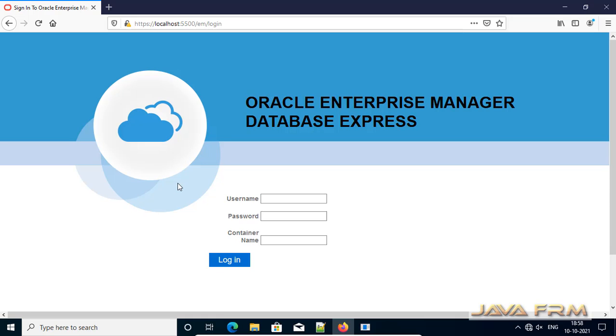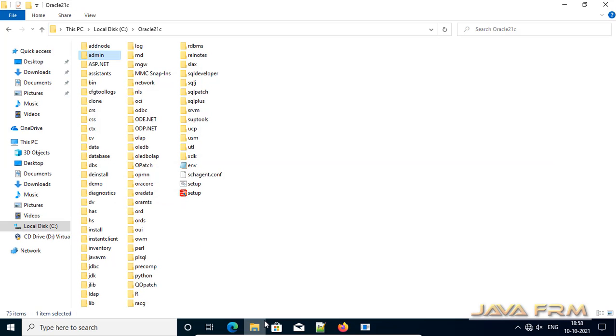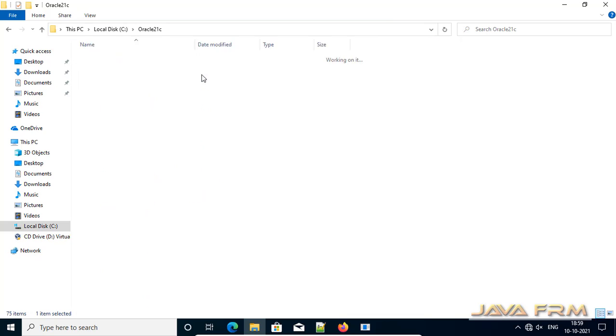So many services will be running. If you are an expert, you can start and stop those services according to your needs. But Oracle Service ORCL and some other services are mandatory in order to connect to the database.